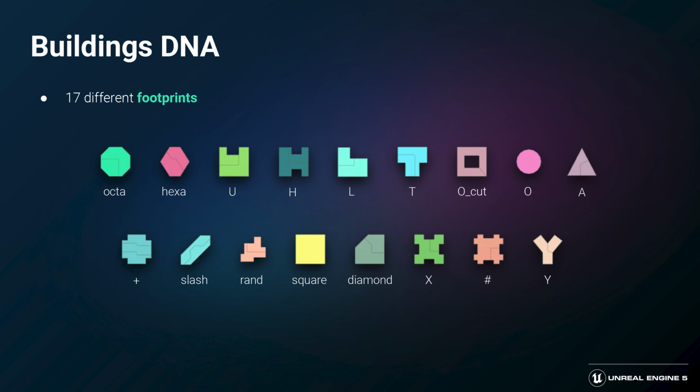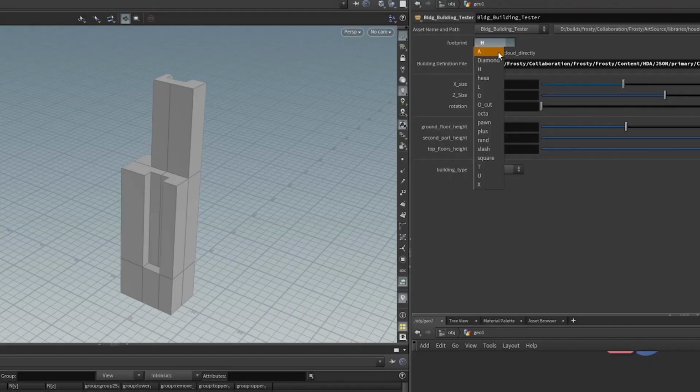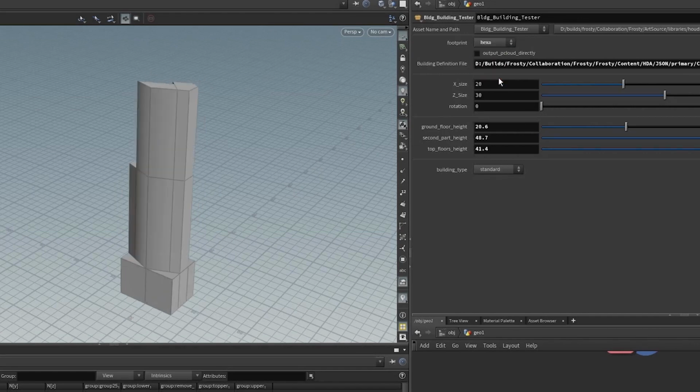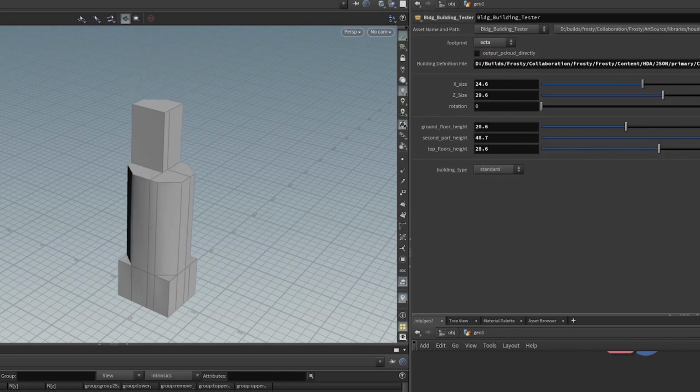The DNA starts with the footprint. We have created 17 of those, and any building in the city would have one of these shapes as a base, so we would always know what to expect. Once the footprint is established, we added a few attributes to complete the DNA. The size in X and Y, its position and orientation in space, a height of extrusion divided into 3 layers,